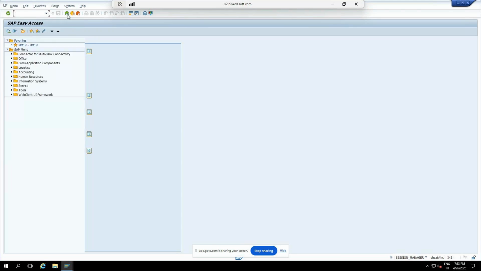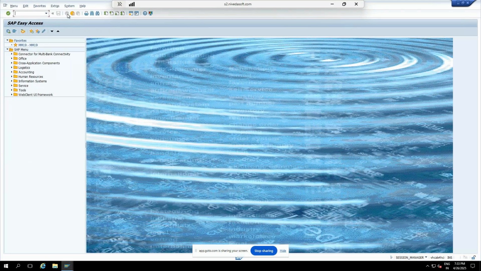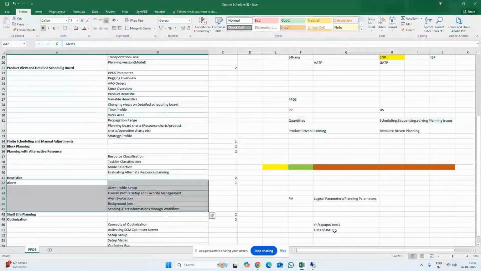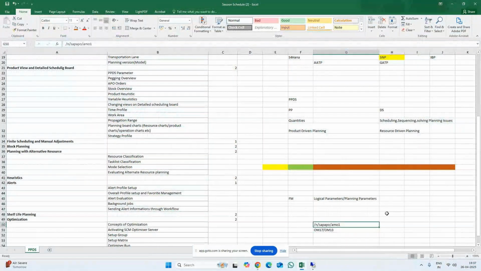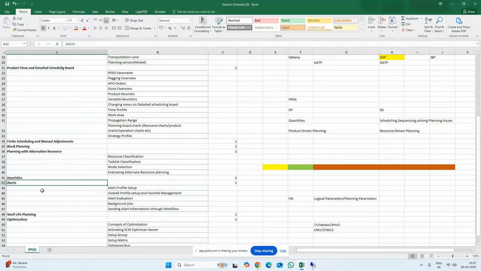So now let me jump back to the topic that we are covering on alerts. We have the transaction called /SAP APO M1. Using M1, we can have an overview of the different types of alerts that are already set up in the system. So you have to prepare the alert profile first, and you have to arrange the background notification settings. Once it is done, we do the alert evaluations using SAP APO M1,